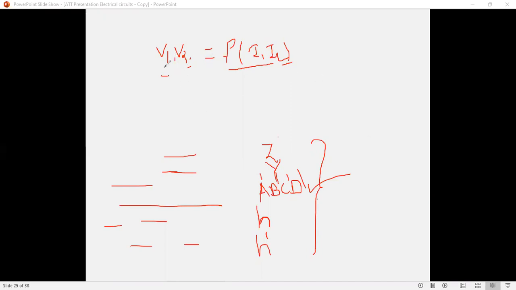See here, V1 and V2 are the dependent parameters, and the currents I1 and I2 are the independent parameters. That means the values of voltage V1 and V2 depend upon the currents I1 and I2, but I1 and I2 do not depend on them. Again, why is it called an open circuit parameter? This parameter can be obtained by open circuiting any one of the ports.